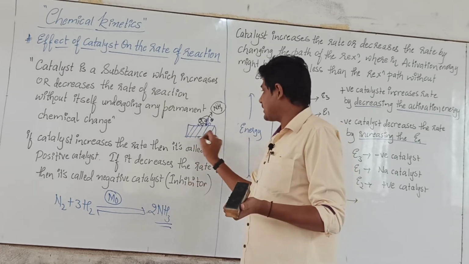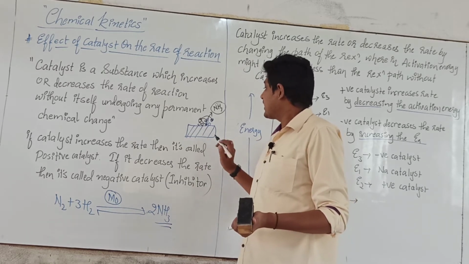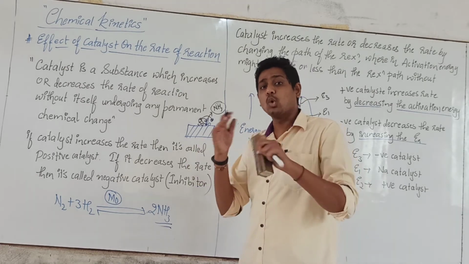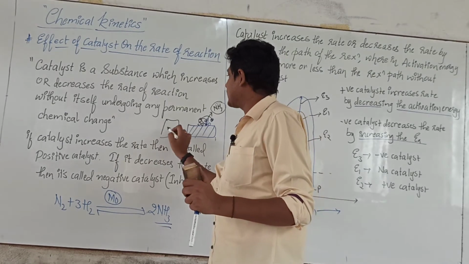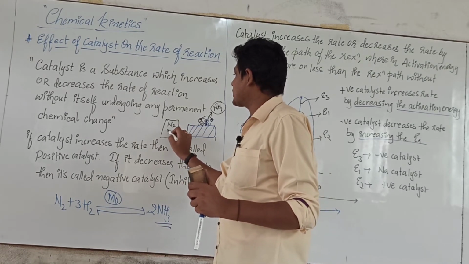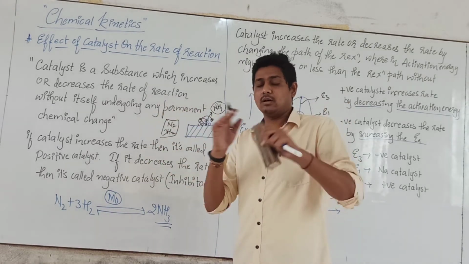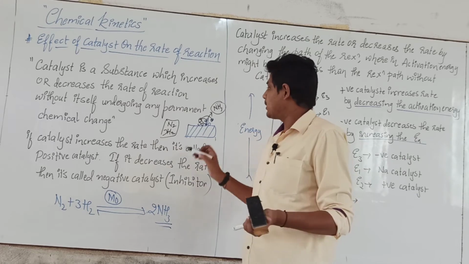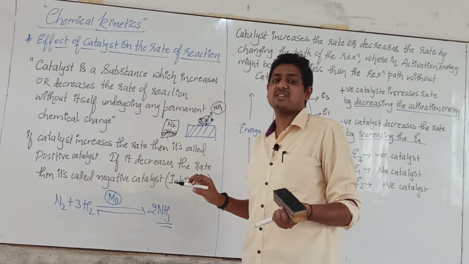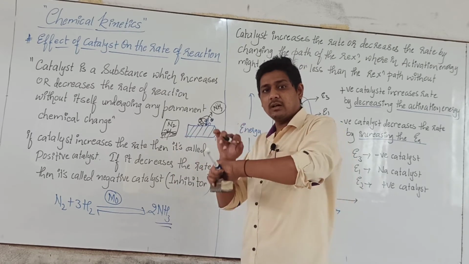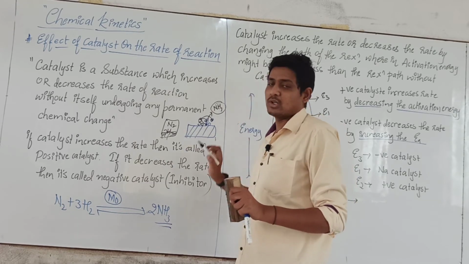So here you can clearly see there will be no change in the nature of the molybdenum. If no molybdenum is there, then there is no surface for these gaseous molecules to react. If you simply take a container and put nitrogen and hydrogen in it, they will simply keep on colliding and moving away from each other. But when I keep the molybdenum here, these molecules will come and sit on the surface of the molybdenum and react on the surface, and once the product is formed, they will leave the surface of molybdenum.